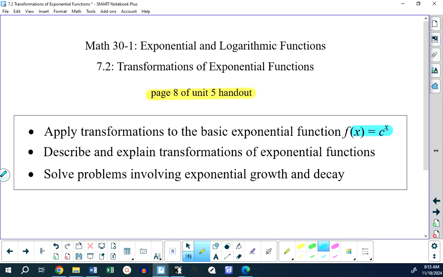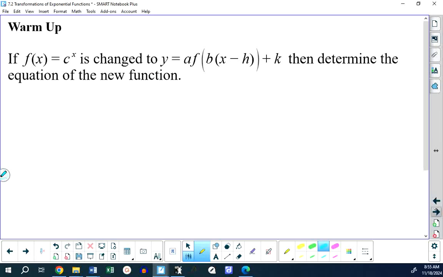The second part, though, is continuing to solve problems involving exponential growth and decay, which are a little bit different than the previous ones, or can be. So to begin with,